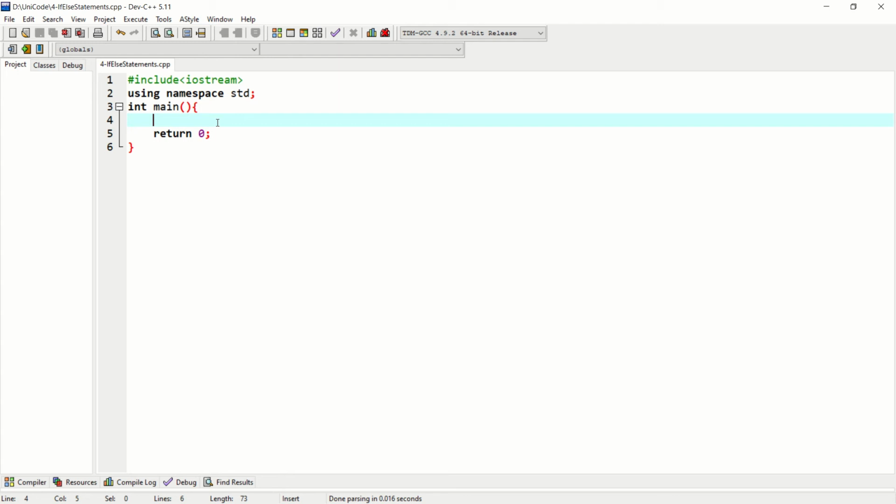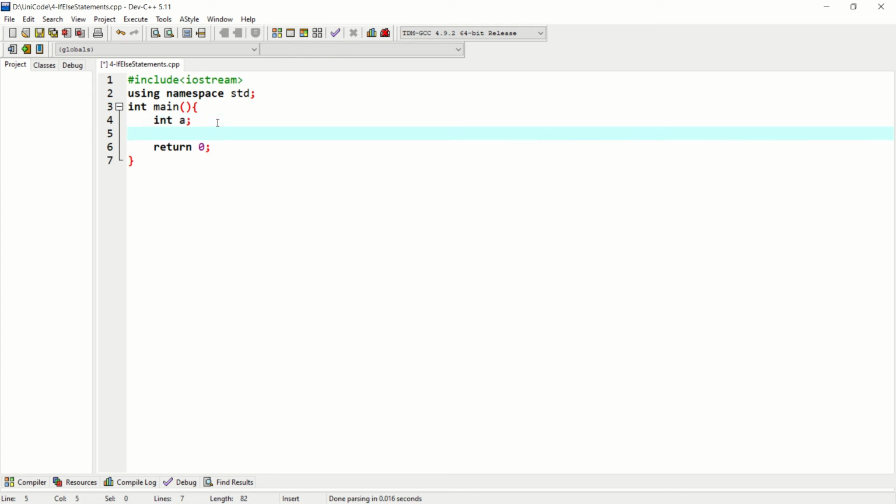Let's have an example. A number can be even or odd. For this, we can check if the number is divisible by 2 or not. An even number when divided by 2 gives a remainder of 0. I repeat, when divided by 2 it gives a remainder 0. So does the modulus operator work, right? It gives the remainder. So if I make a program of telling whether a number is even or odd, I declare